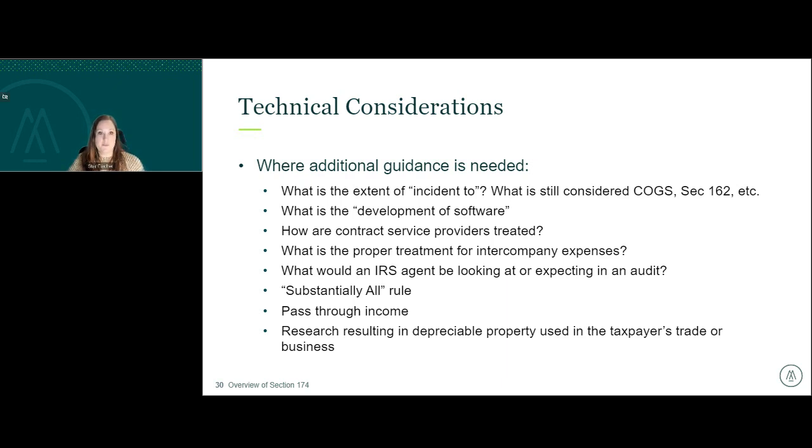Another one is, what is the proper treatment for intercompany expenses if you have two entities that are owned identically or in a controlled group? How do the intercompany transactions work? With the R&D credit, we have guidance on that area that any intercompany funding is disregarded and the credit belongs to whoever is incurring the expense. But 174 doesn't have that. And so on a plain read, it would imply that you would have to capitalize it in both entities, which would be double capitalization. But we are doing more research to find positions that maybe that's not the case,